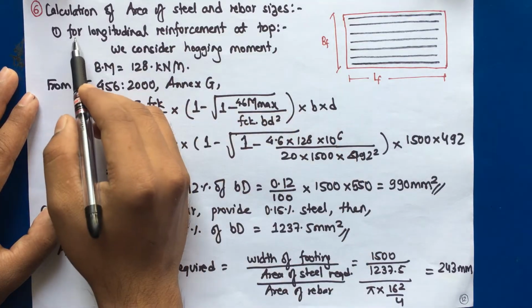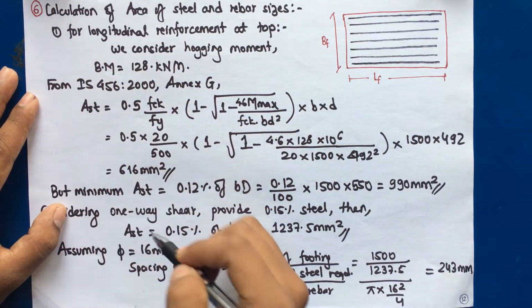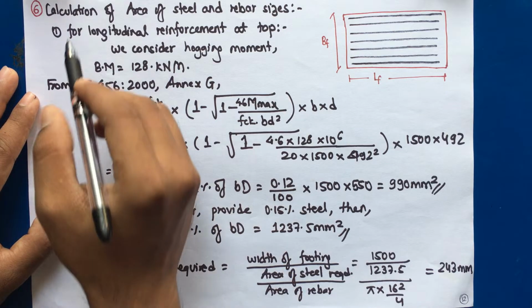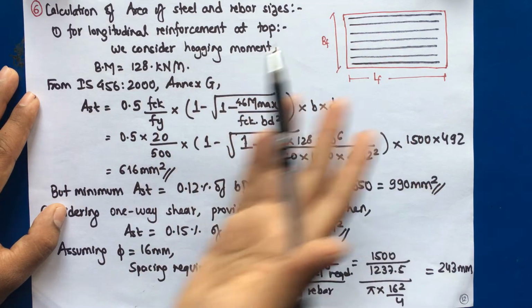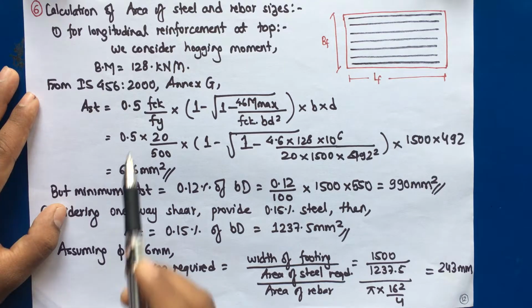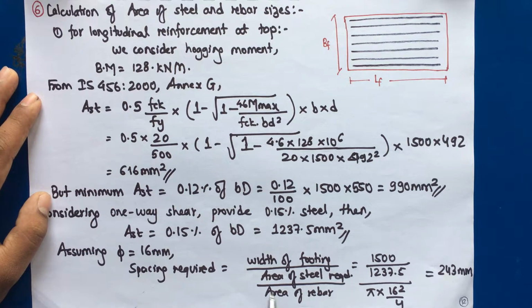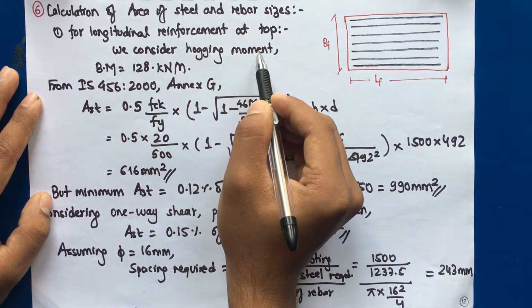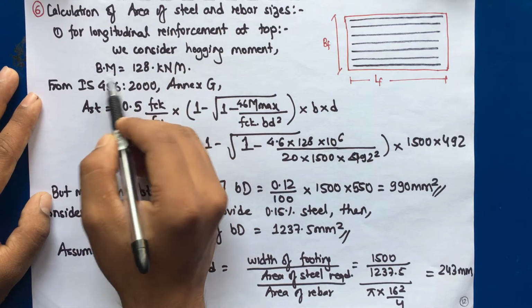So we have longitudinal reinforcement as well as transverse reinforcement in a combined footing. For longitudinal reinforcement, it will be different for top as well as bottom, because as I have said, the top reinforcement is provided for the hogging moment, while the longitudinal reinforcement at the bottom is provided for the sagging moment. So for longitudinal reinforcement at top, we consider the hogging moment, and the maximum bending moment